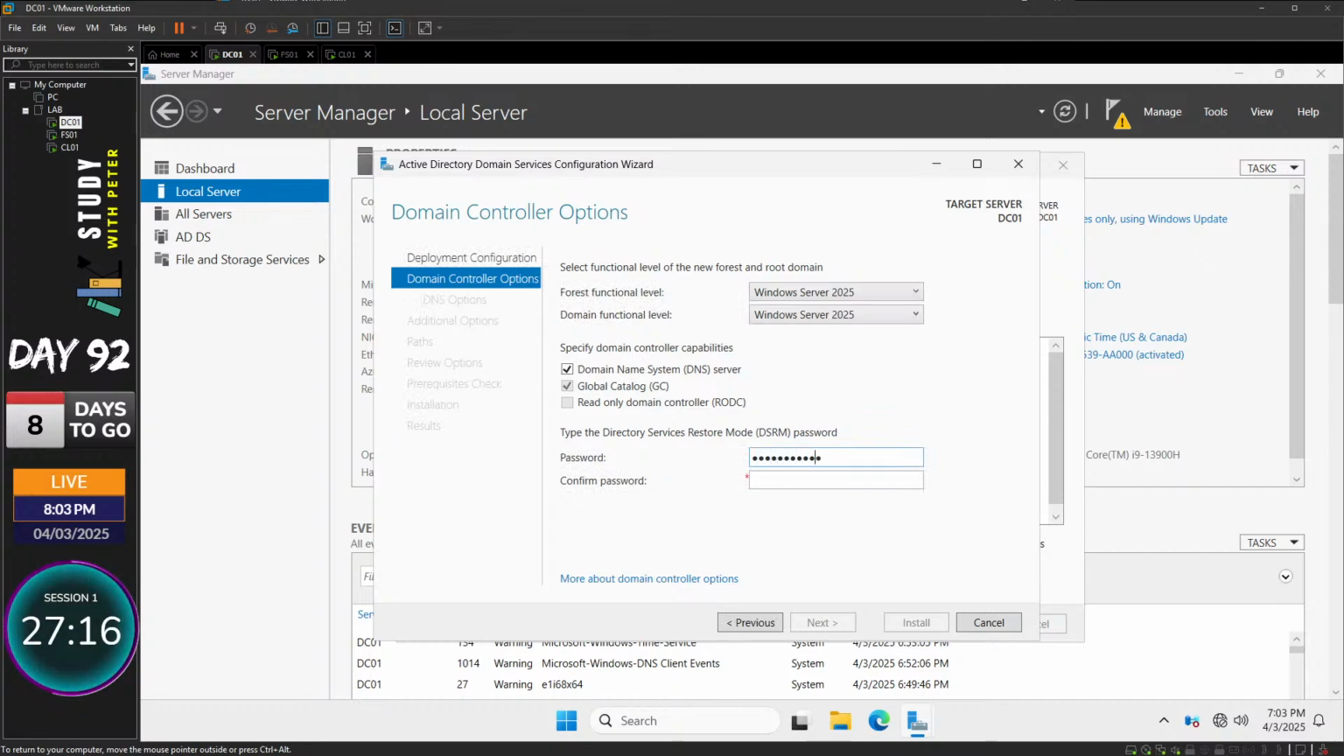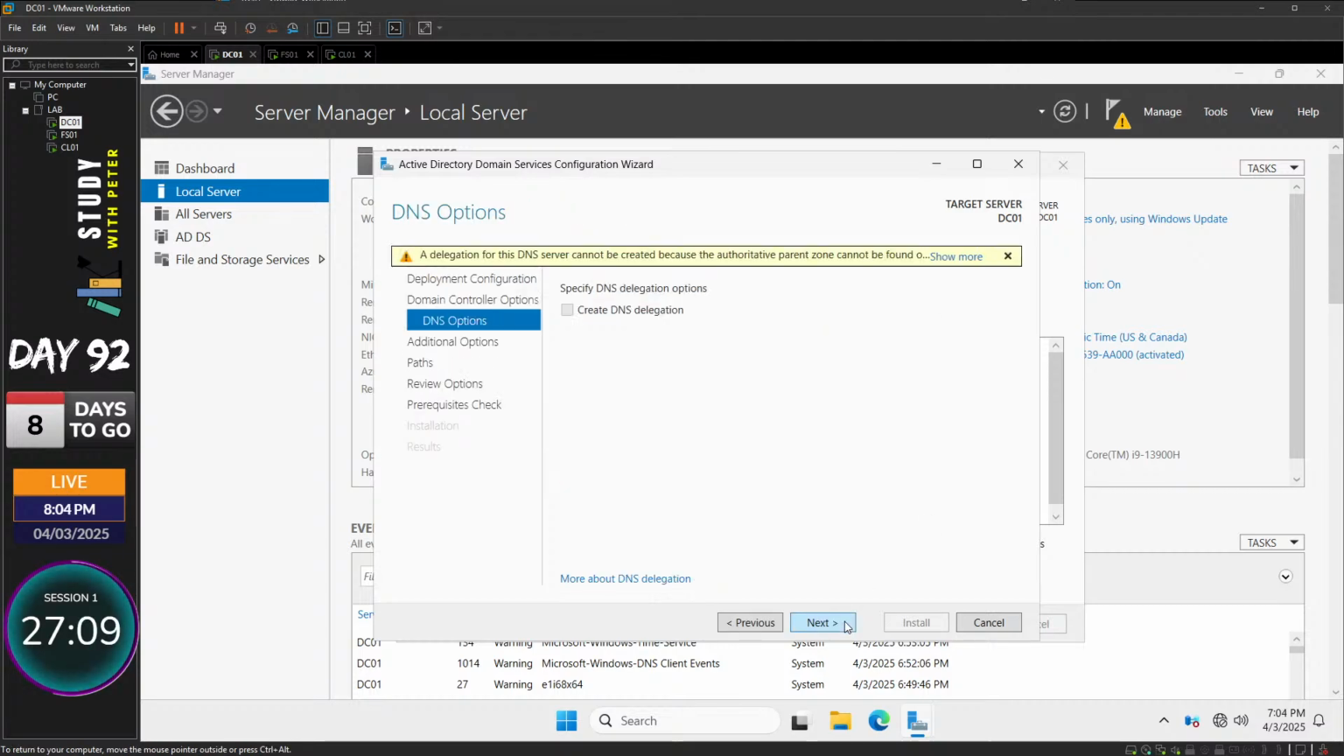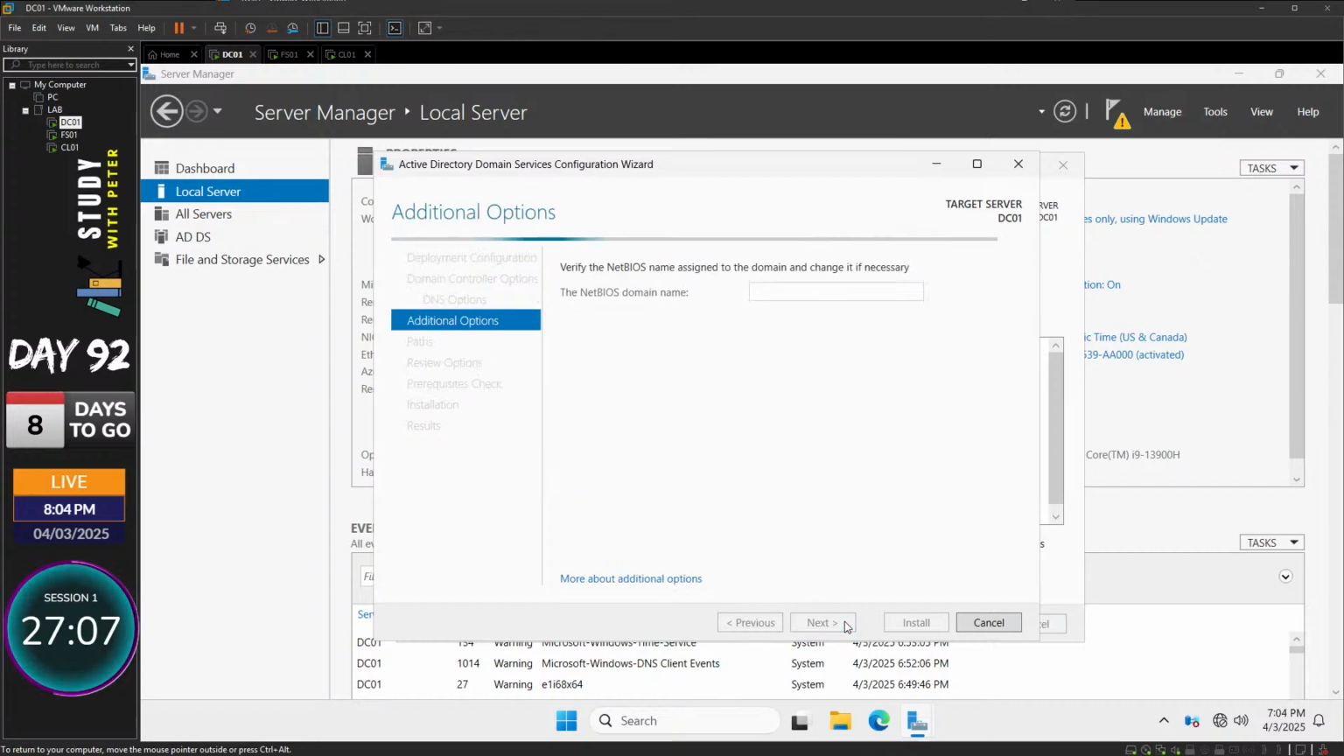Please don't forget this password, it is very, very important. You're going to click on next, next, and you can see it's kind of easy to set up a domain controller. Whenever I did a lab like this, I just go ahead and destroy them and redo it again so that I can get familiar with that. So I'm going to click on next,